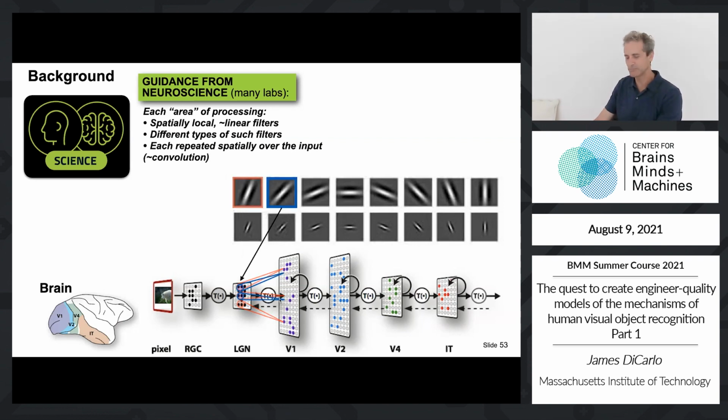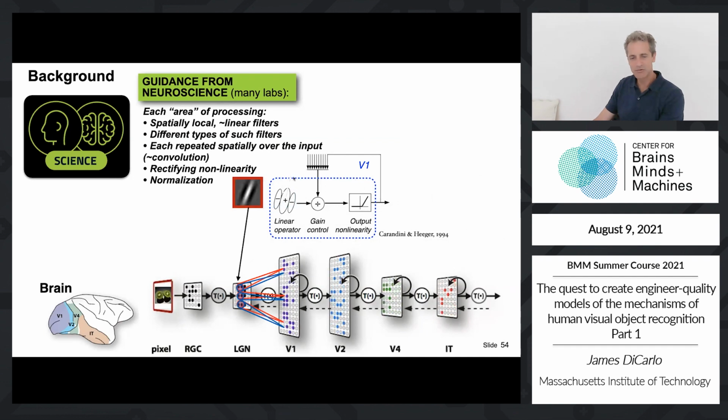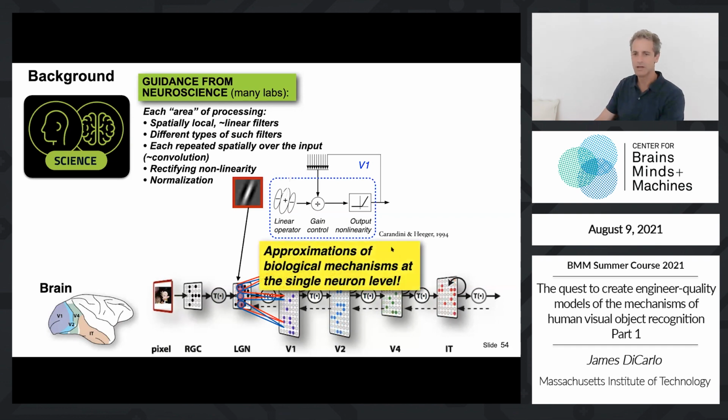Different orientations at different positions. All orientations represented at every point in V1 was the idea. There were known ideas of a linear operator with some nonlinearities, rectifying nonlinearities, and normalized gain control. These are known things. Again, here's a review in 94. And these are all approximations at the level of single neurons at just the early levels of the